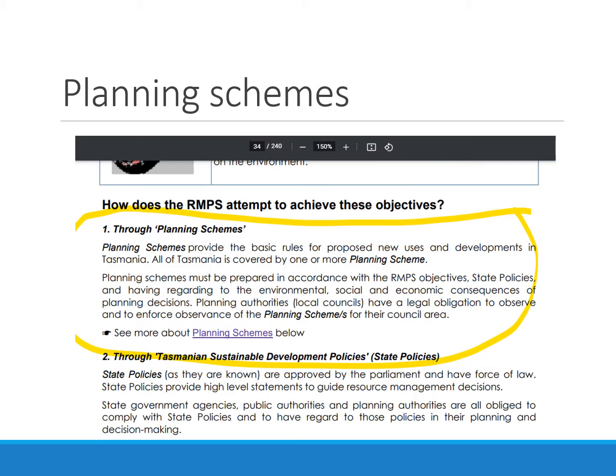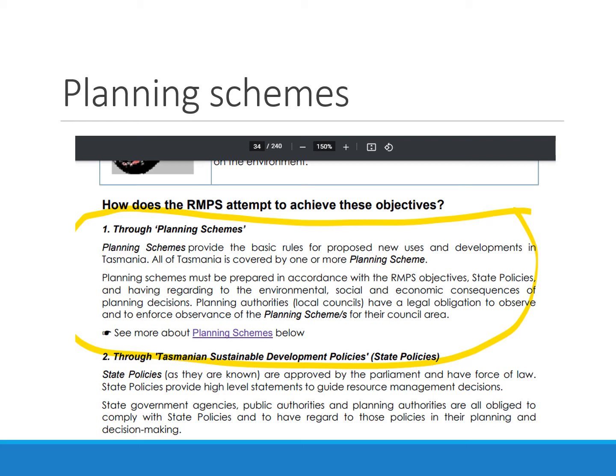Planning schemes are the set of rules by which we have the conversation. This is a good thing in that the rules are pretty clear, even though they're reasonably complicated. This also becomes frustrating because there's only so much in the planning scheme, and some things that people really care about are going to end up being outside the planning scheme, and there's really no control on it, and changes can be made that people are upset about that nobody has any power to do anything about.